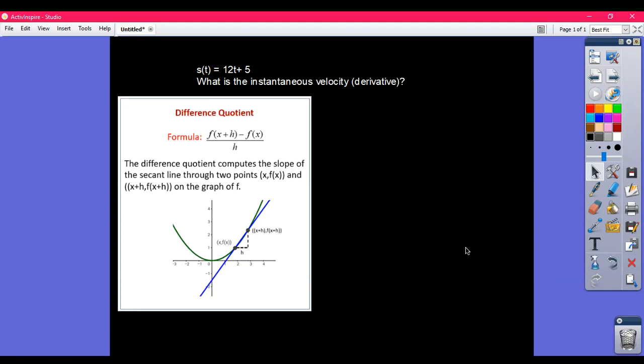So there are a couple of ways to determine a derivative. One of the methods we're going to use today is just the difference quotient, which the formula is stated below. So S of t means position. If I find its instantaneous velocity, that means I'll be finding its derivative because a derivative is an instantaneous rate